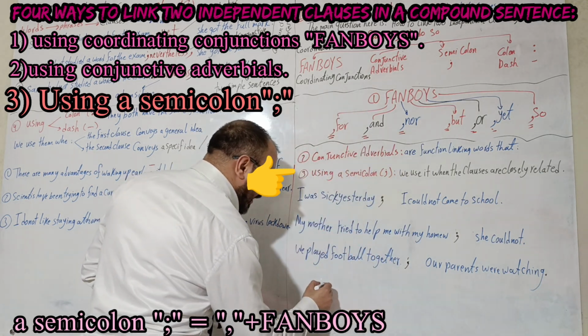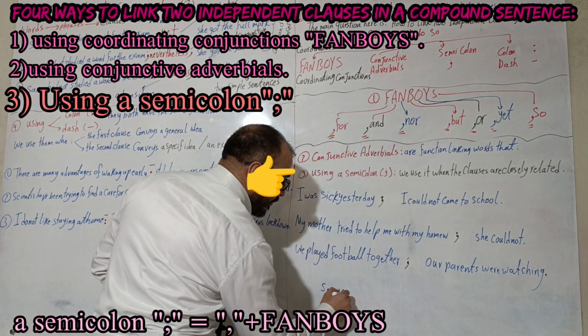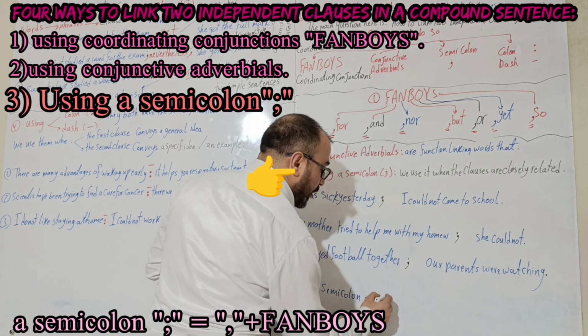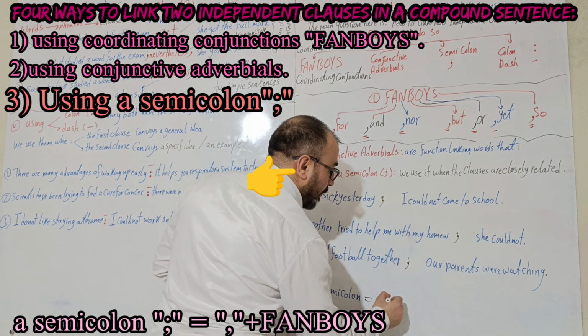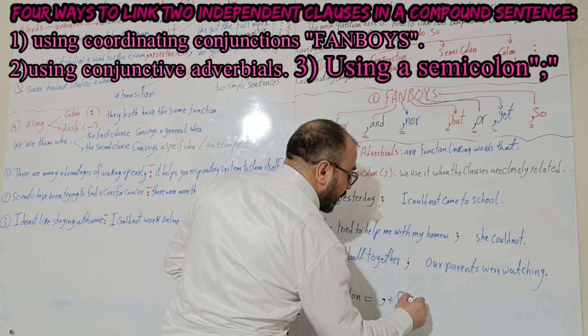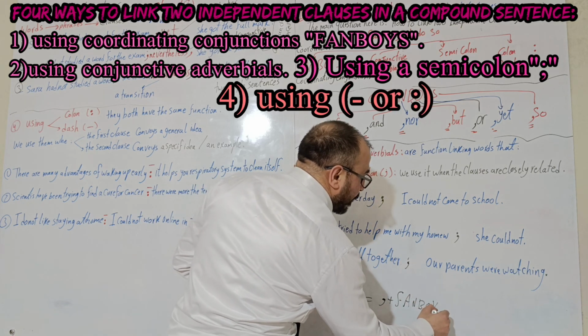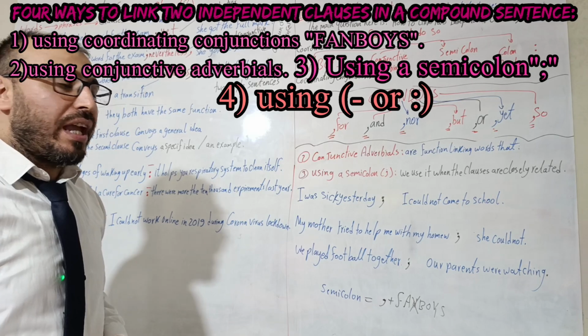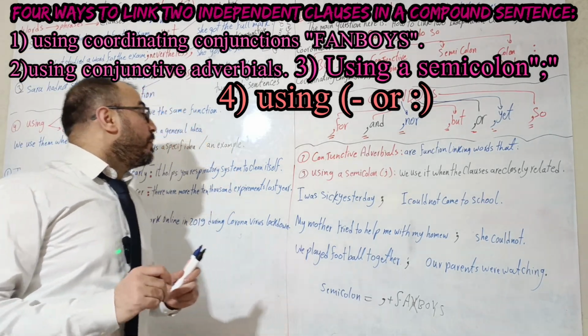So we can say that a semicolon is generally equal to a comma plus one of the fanboys. But generally, my friends, we don't use the "and" or the "nor". Now, my friends,